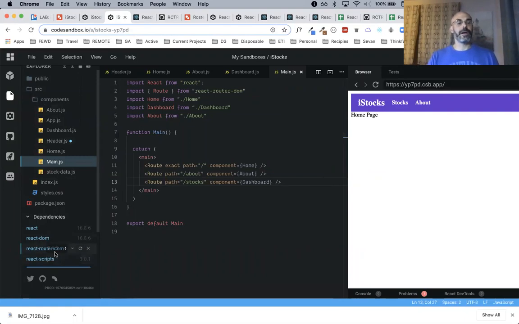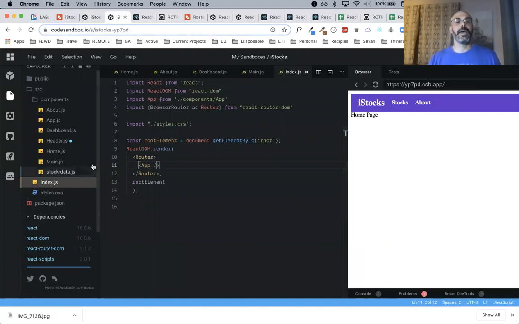We import React Router DOM, we can start working with it. The second thing would be to go to index and import BrowserRouter as Router from React Router DOM now that it's been installed, and then just wrap the app around it.